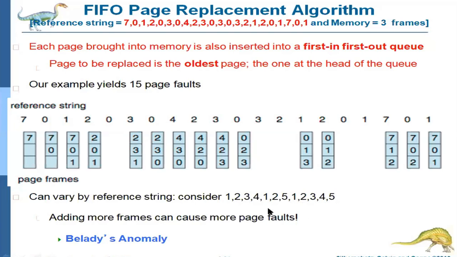And also in this example, consider memory as 4 frames. Assume 4 frames. So how can the main memory be divided into frames? 4 frames. So again use these values and calculate how many page faults will occur and how many page hits will occur. Is it clear? So do this problem.